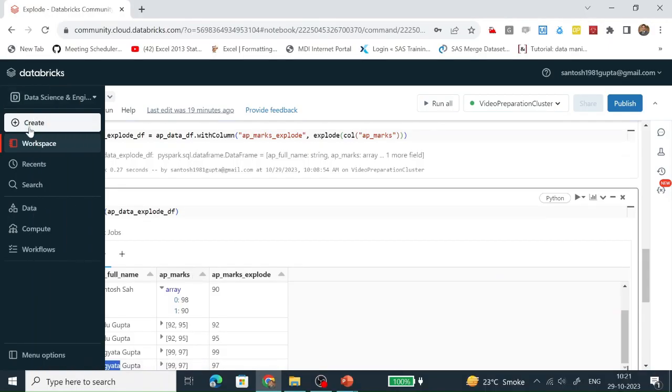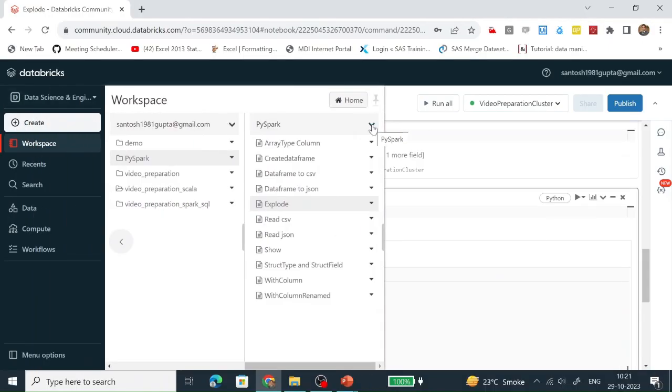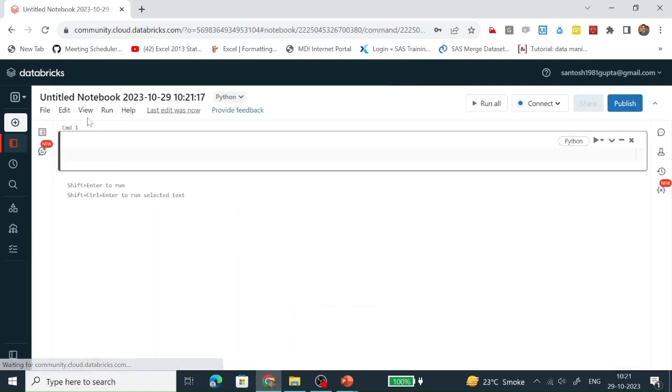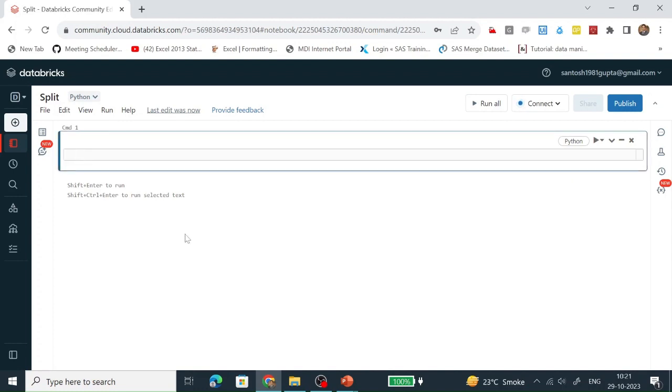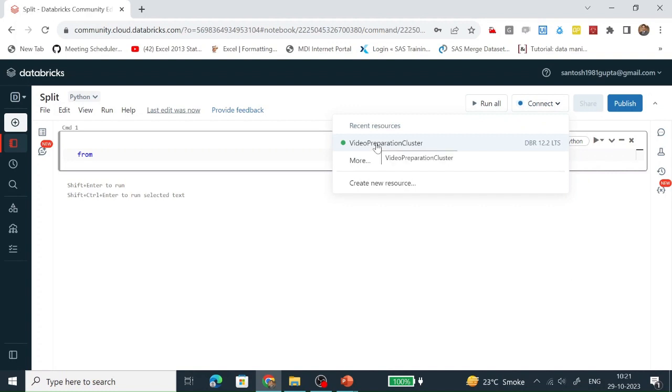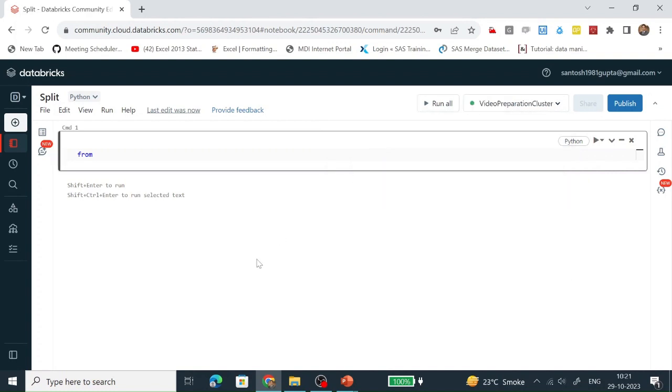Let's see how it works in Databricks. Let's create one notebook. Name it as split. First, let's connect this notebook to the cluster which is currently running.